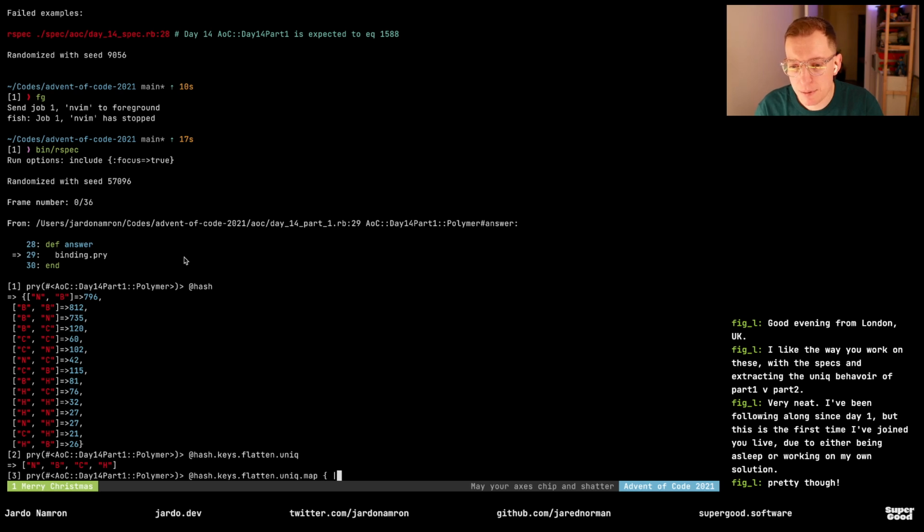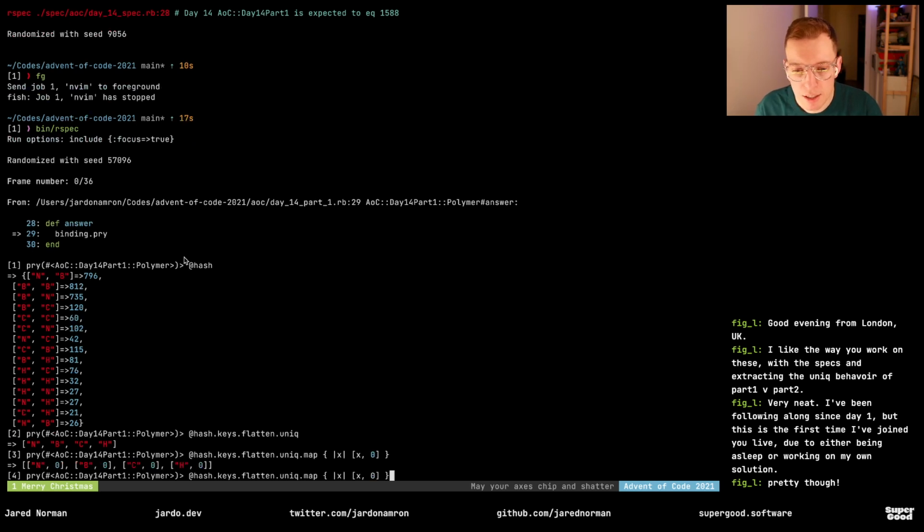I want to map them to a count. I guess I only care about their counts, right? Because I need to subtract the minimum from the maximum. So I don't care about this. All I care about is the number of times it appears, and it's going to appear hash.sum